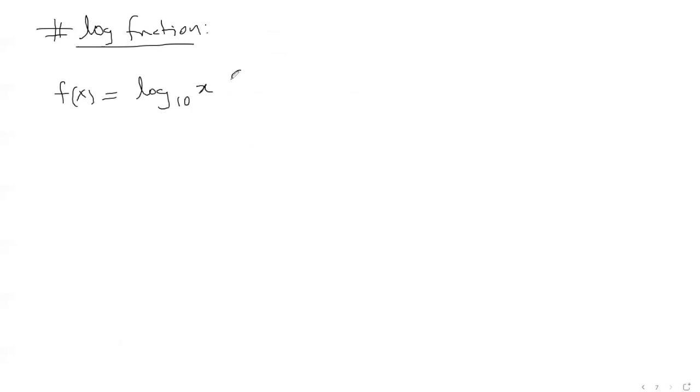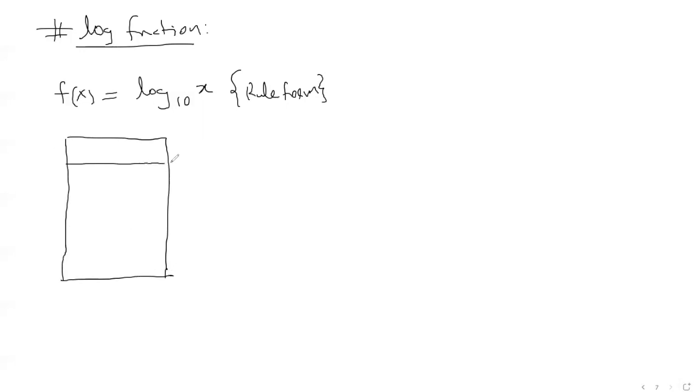So next we look at log as a function. So this is the log function. Let me write this f of x as log x to the base, let's say 10. This is the rule form or the expression for the logarithmic function. We can always make a table out of this. So let us draw the table of coordinates. This is the x and y coordinate. We know that f of x can also be said as y. So let's put the various values of x and see what we get for y.